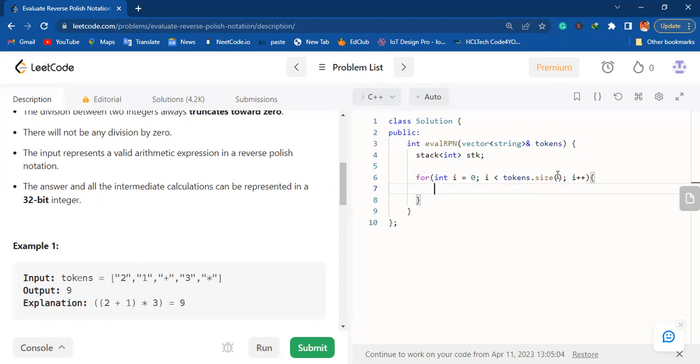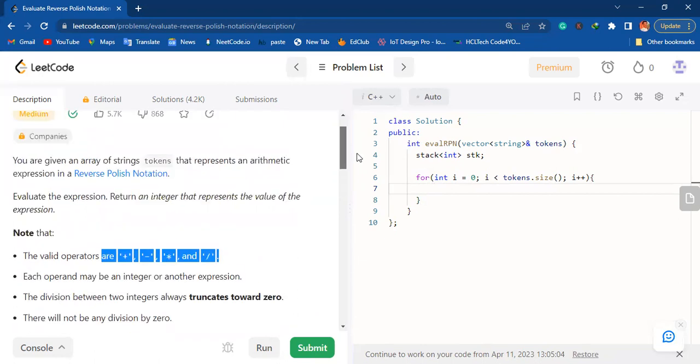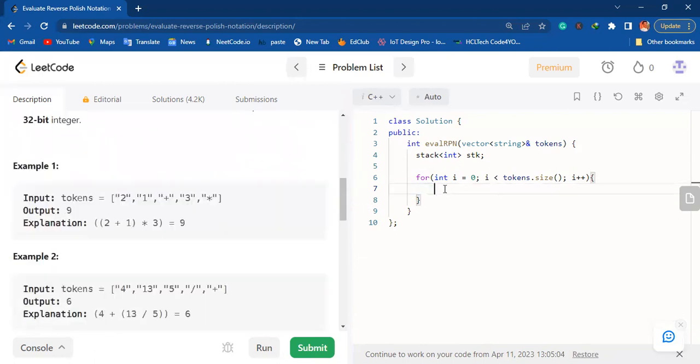Now, as we know, we have only two things. One is operands, the second one is operators. The operands are integers, as mentioned here, only integers and another expression. And operators we have only 4. So we will perform a check here. If there is any element that is not plus,